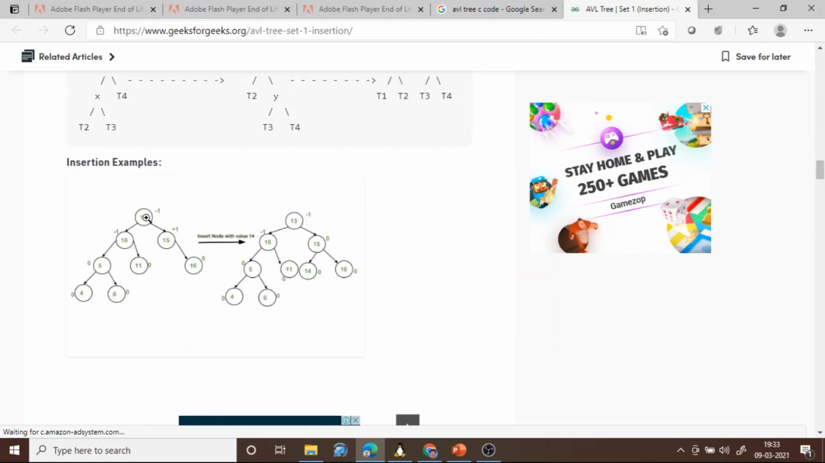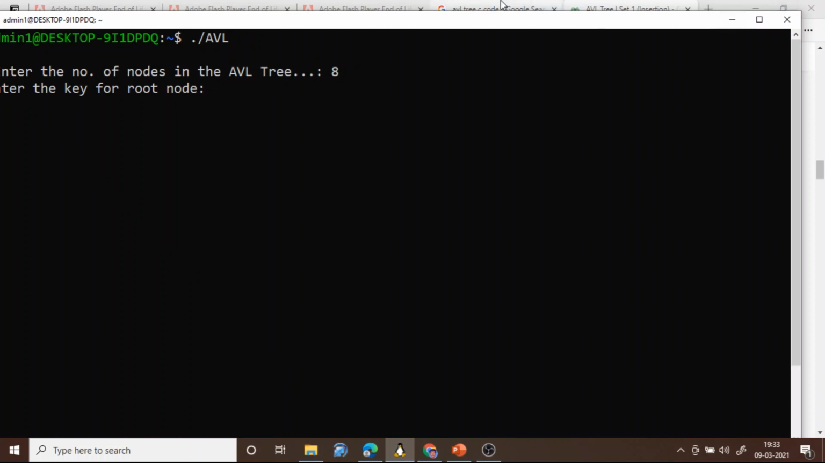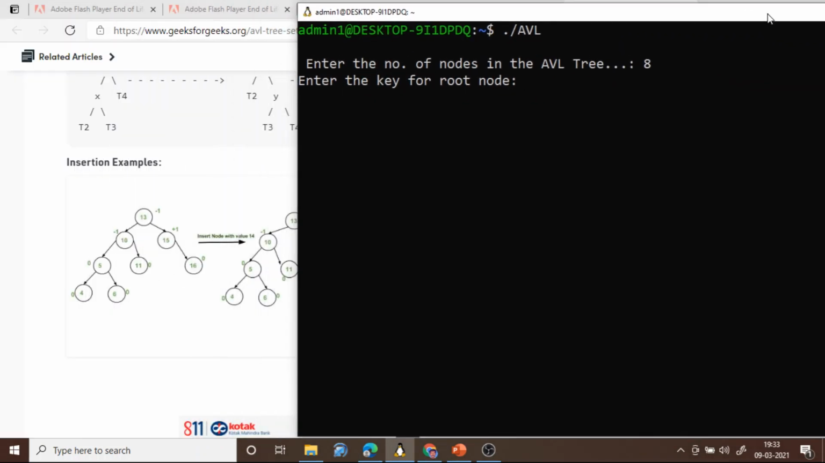Currently if you see, how many nodes does this have? It has 1 2 3 4 5 6 7 8. Okay. So as per this I'll be giving the input. So it has 8 nodes. The first node is 13, then 10,